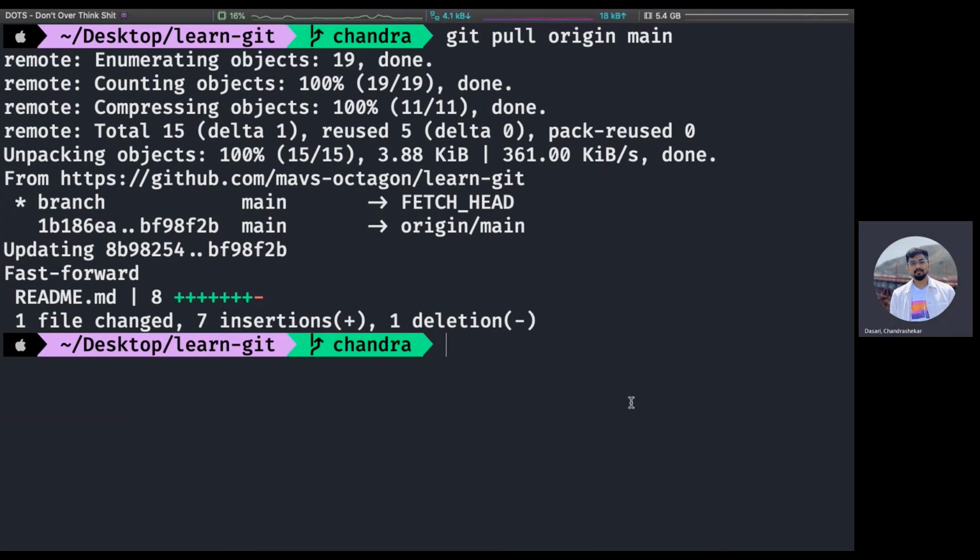Every single time you change, this is a change. Okay, yeah, now you can change. Yeah, just remove the three blockers and just commit it again and push it.